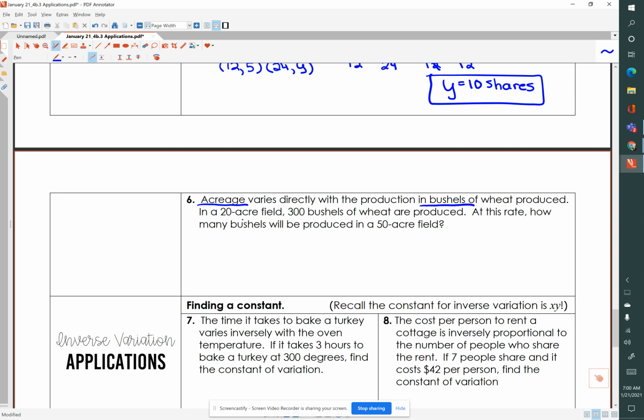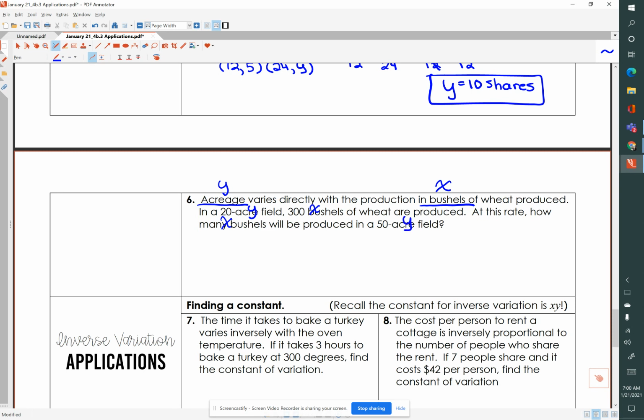In a 200-acre field, 300 bushels of wheat are produced. Okay, so acreage is our Y, bushels is our X. So in a 200-acre field, that's our Y, 300 bushels, that's our X, are produced. At this rate, how many bushels, so that's an unknown X, will be produced in a 50-acre field, that's our